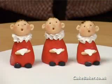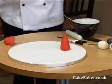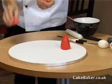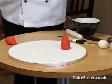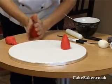Instead of using the usual snow scene or fluffed up icing for a Christmas cake, I'm going to show you how to make some handmade choir boys. So you need some red roll-out icing, red Regal ice. Again, any good craft shop will sell this. And again, you just mould it a little bit just to make it pliable, and this makes your body of